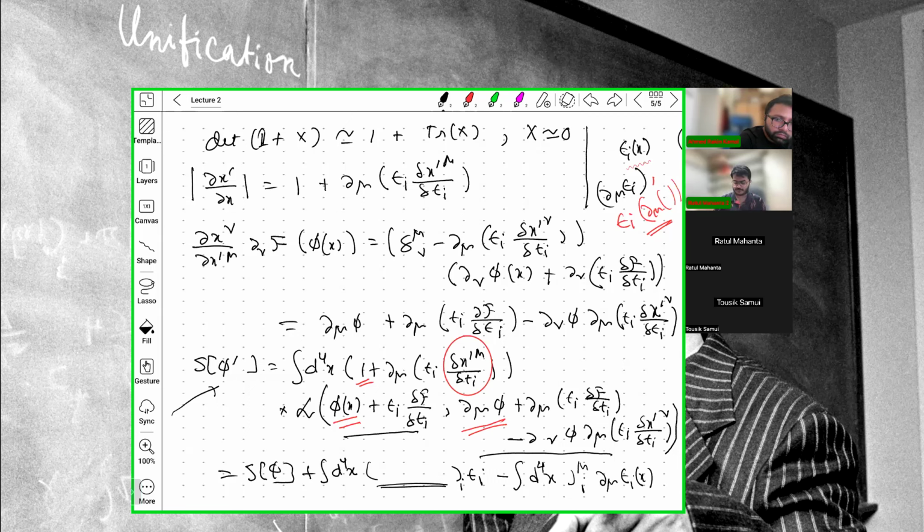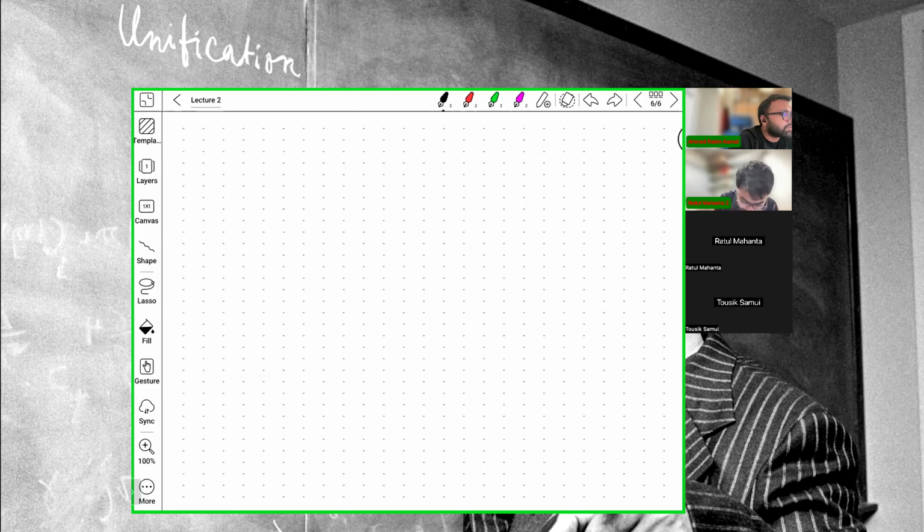So if you take the Taylor expansion of the previous line, you will find these kind of terms. And particularly, you can keep track of what is proportional to del mu epsilon, and you can find what is j mu I. It's easy from here also, but I am just writing what it is. So this will be